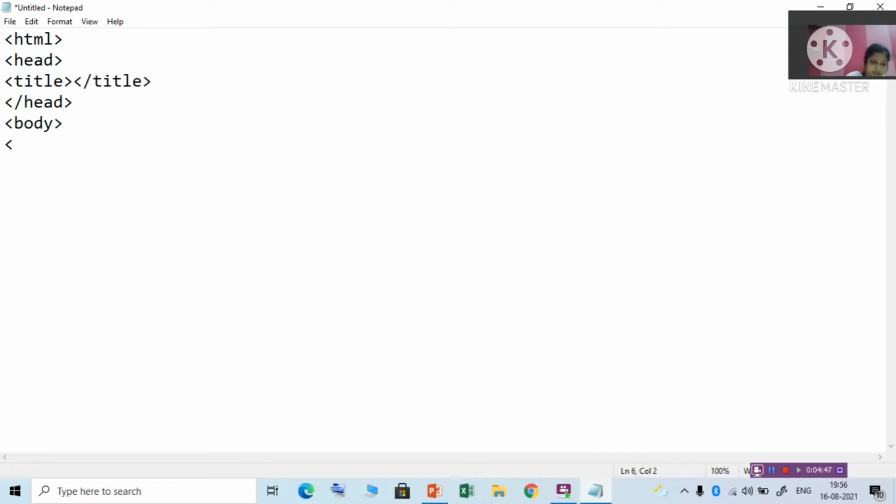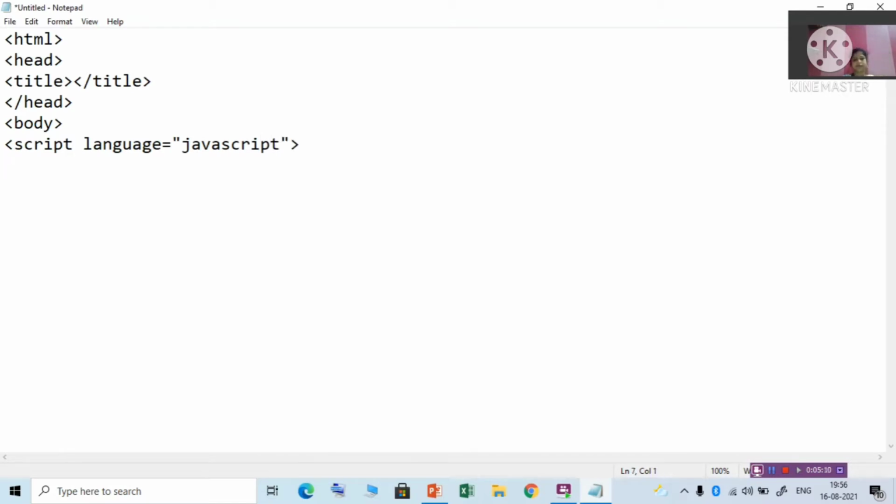Then we'll use the script tag, then language is equal to JavaScript.